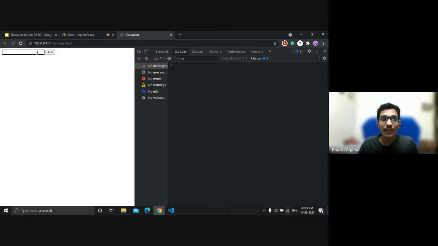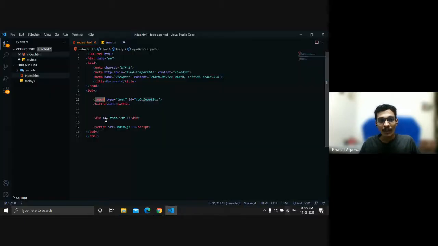For that, we want some text from where we can get it. So I'll be using this input box to get the text. And when we click on this add button, it will keep adding the items to the list. Cool. To display those to-do items, I'll use this div.